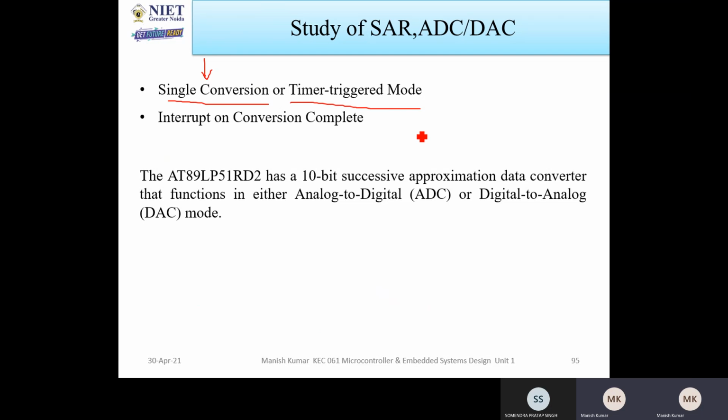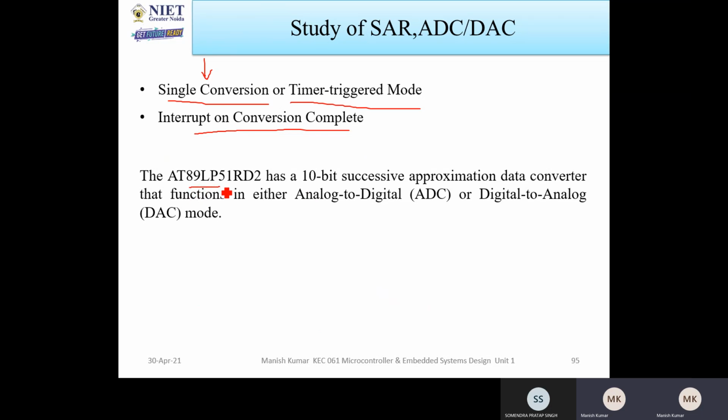So when you want to take the output from the ADC, you have to just put the time. Like, suppose we want the output at 10 o'clock, then we have to fix that time, that 10 o'clock, it will calculate, it will convert and it will give the output at 10 o'clock. Then there is an interrupt on conversion completed. When the conversion is completed, it will generate an interrupt for the processor so that the processor knows the conversion has ended.